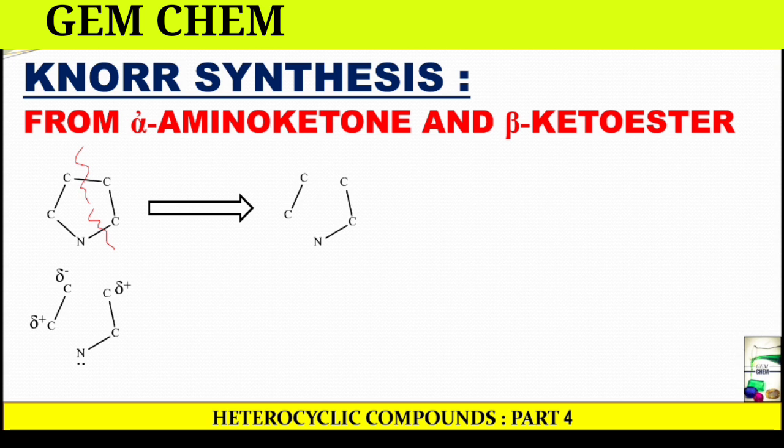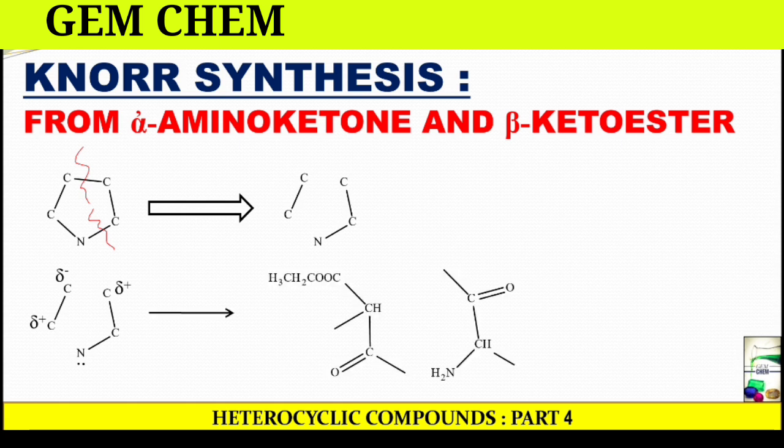If we want to show the charge distribution, certainly for Knorr synthesis, we are going to consider this carbon to have a negative charge and the corresponding adjacent carbon as positive charge. And the one which is present here is considered as a positively charged carbon. Similarly, another complementary synthesis of Knorr synthesis is there, which is Hantzsch synthesis. In that case, we are going to see that instead of this carbon being negative, this will be positive and this will become negative. So what are the starting materials? You can see here, this is beta keto ester and this is your alpha amino ketone,